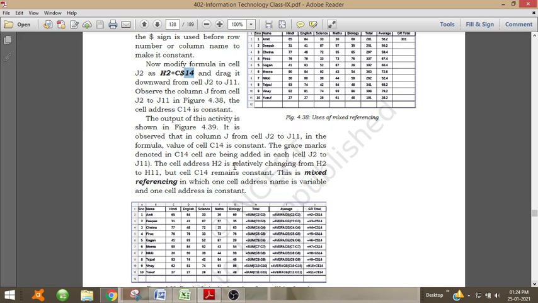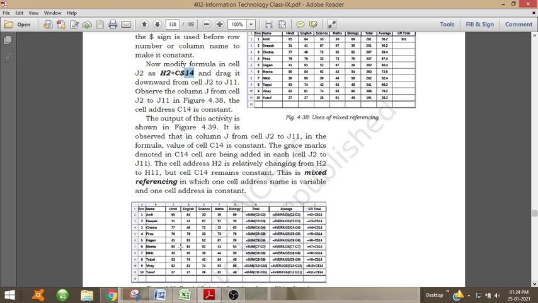The cell address H2 is relatively changing from H2 to H11, but cell C14 remains constant. This is mixed referencing, in which one cell address is variable and one cell address is constant.